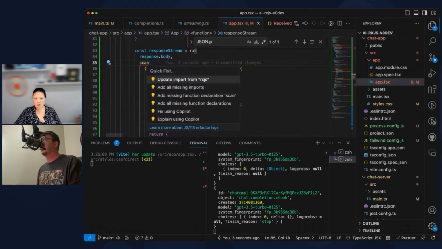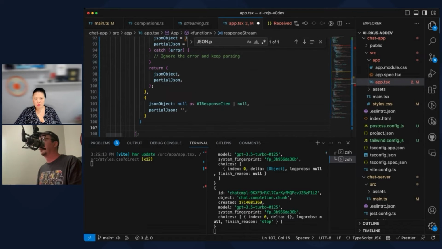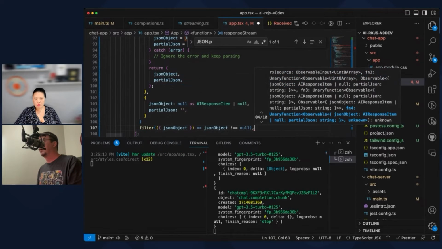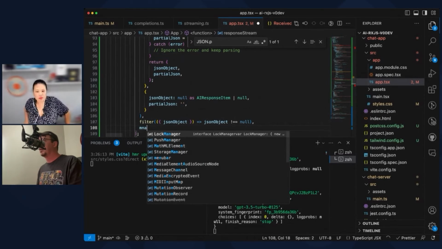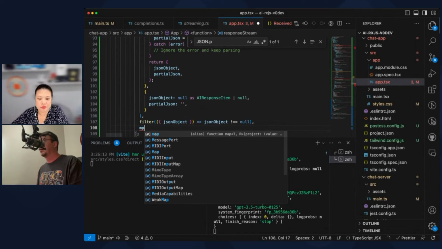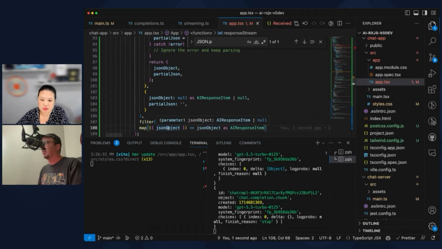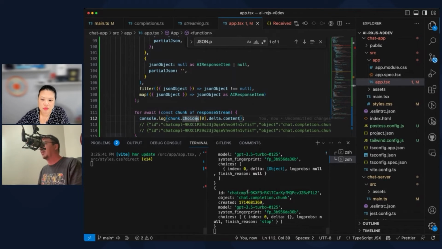This is upset because I didn't import it. And then underneath here, I will say filter. We only want the ones where the JSON object is not null. And then we only want the JSON object. Which should already be an AI response stream, but okay. So I'm going to do this and now we'll see if we get anything back.